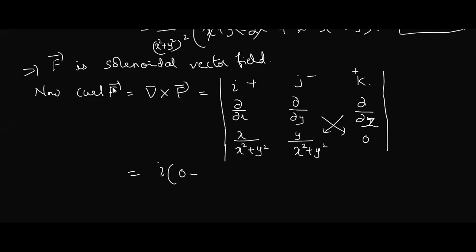What is the derivative with respect to z? Do you have any z here? No, ma'am. No means you take it as 0. Actually, you should write the term and then substitute. Okay, so minus j into, leave the row and the column. Now the derivative of this 0 with respect to x is how much?